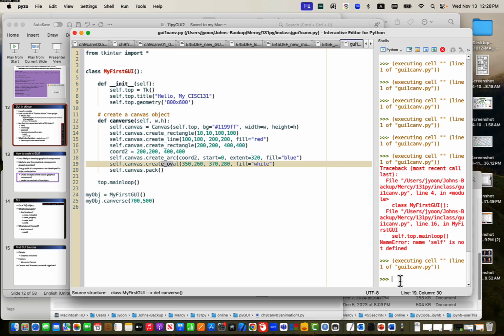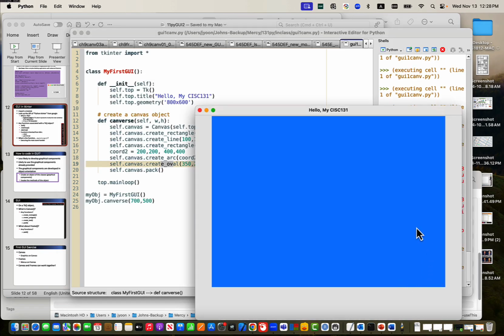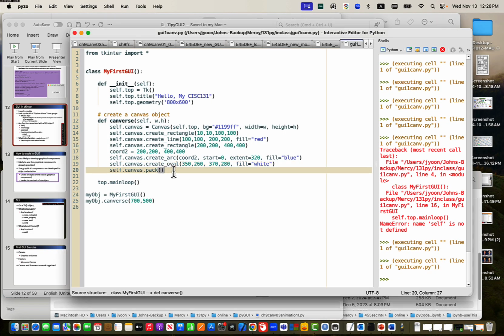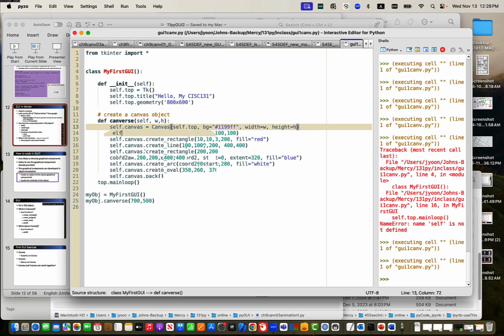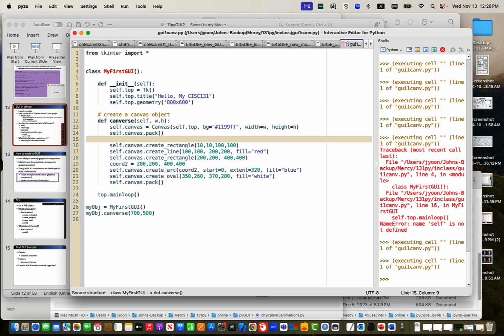See what I have. So when I have that, canvas pack. I think I need to do canvas first, and then another pack here. So when I run this,